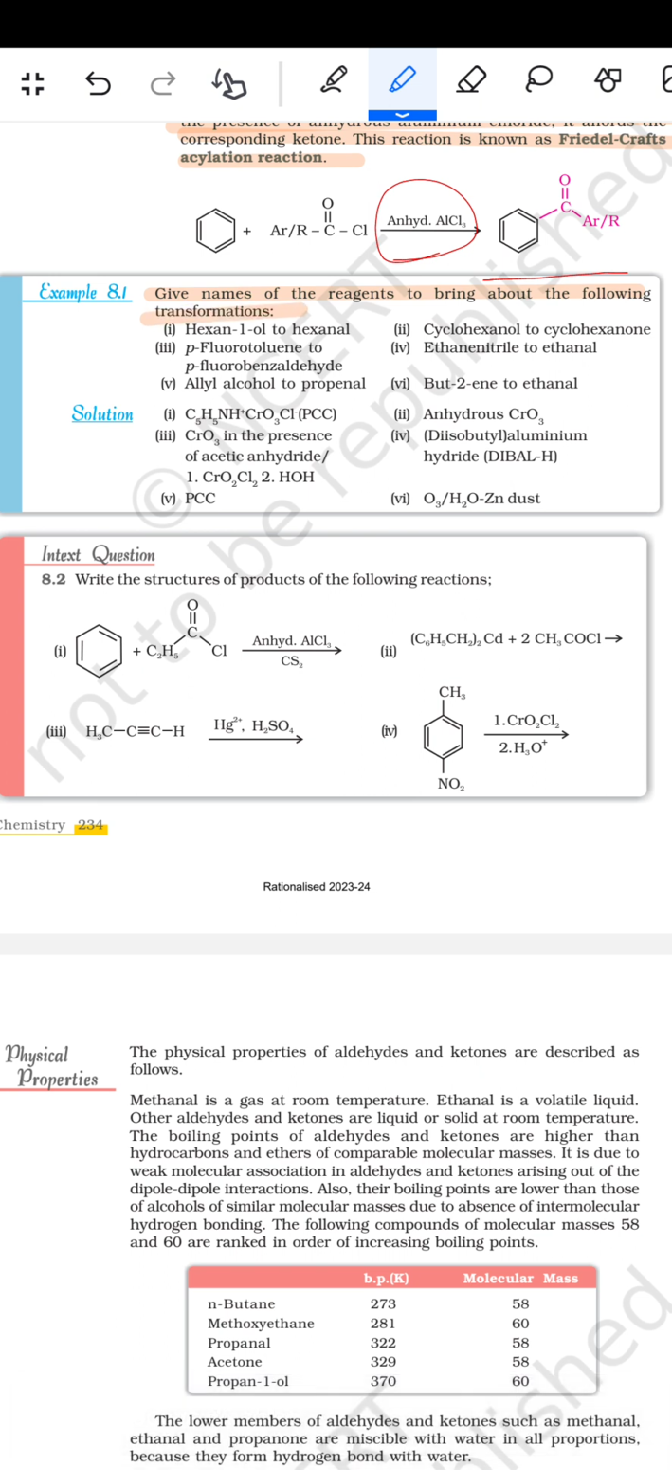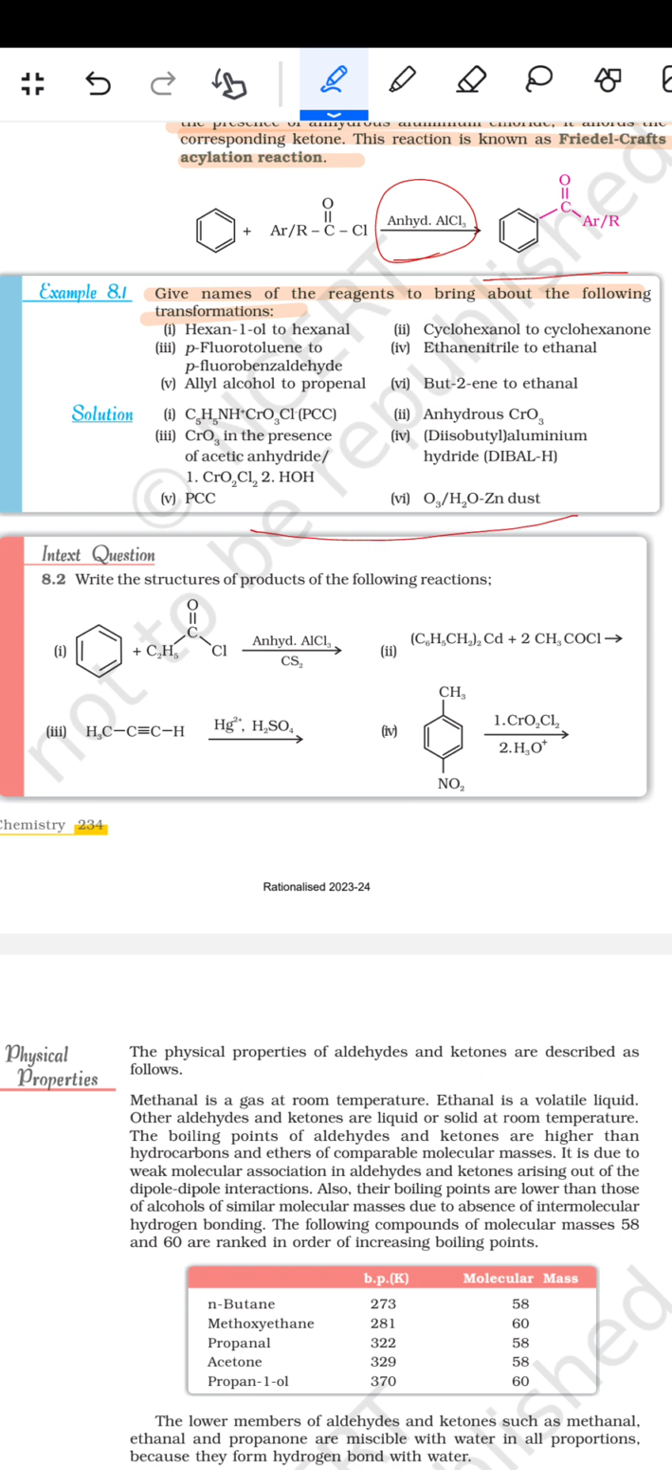उसके बाद फिर आता है एग्जाम्पल 8.1। तो गिव नेम्स ऑफ द रिएजेंट्स टू ब्रिंग अबाउट द फॉलोइंग ट्रांसफॉर्मेशन। पहला हेक्सेन-1-ऑल टू हेक्सेनल, पैराफ्लोरोटोलिन टू द पैराफ्लोरोबेंजाल्डिहाइड, एलाइल अल्कोहल टू प्रोपेनल और साइक्लोहेक्सेनॉल टू द साइक्लोहेक्सेनॉन और इथेन नाइट्राइल टू इथेनल और ब्यूटेन-2-ईन टू इथेनल।